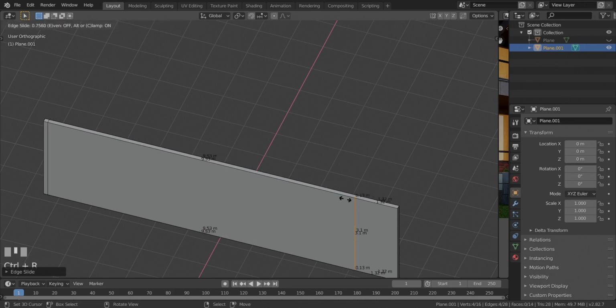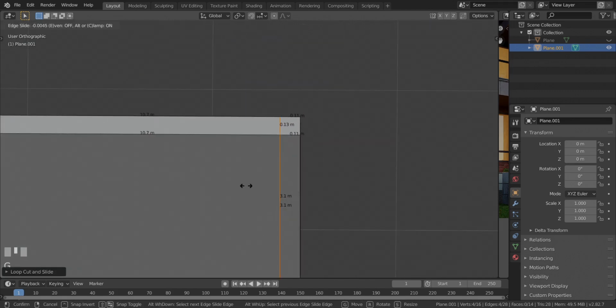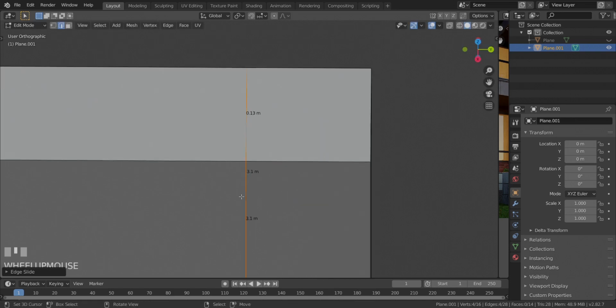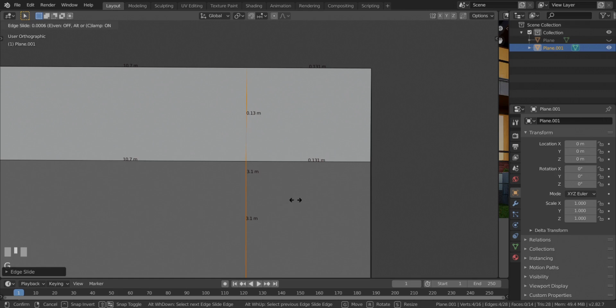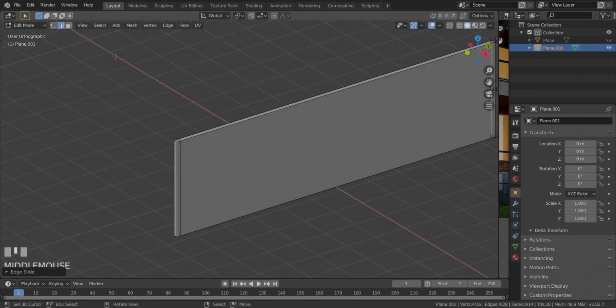So Ctrl and R, move that all the way here. Let me just zoom into that area, press G twice. I want to move it close to it, 0.13. Let me just zoom in a bit more. 0.13. There we go. Alright, so now what I'm going to do now is to take this face over here